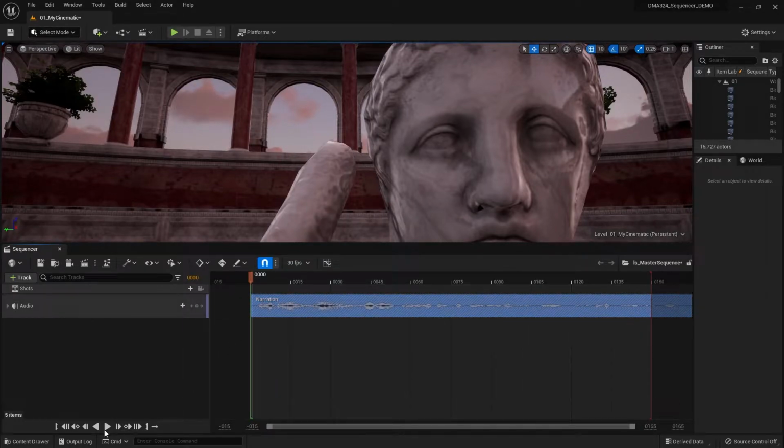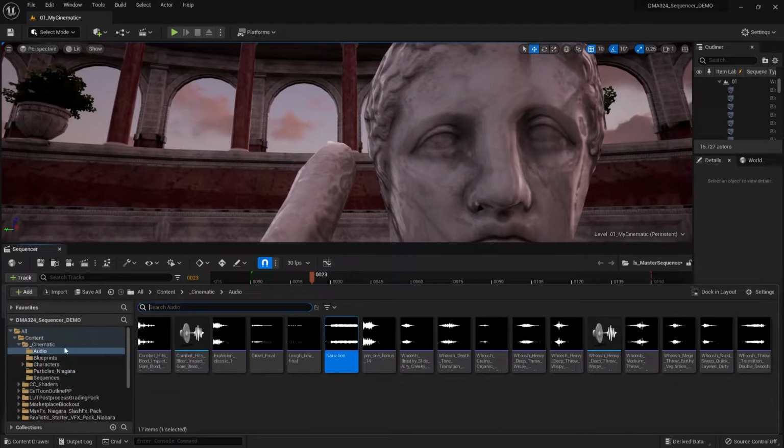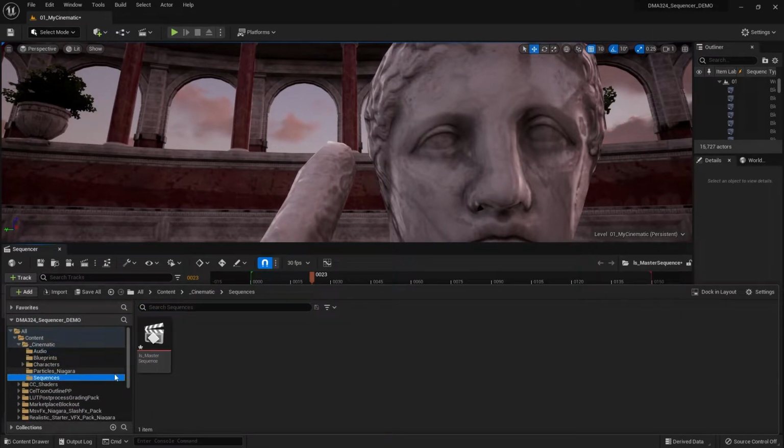Now if I hit play, I'm going to hear the narration. And that's going to enable me to basically determine the exact length of the shots that I want. All right, cool. So let's go back to our content browser here, go back to our sequences folder, and